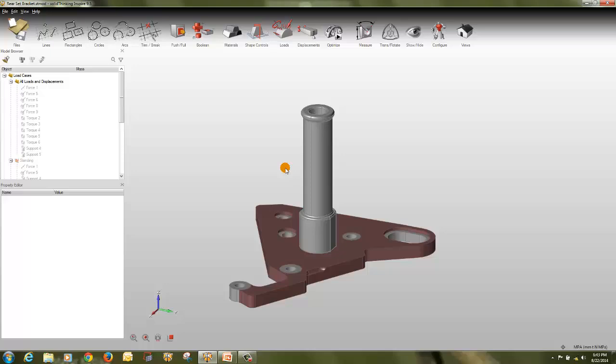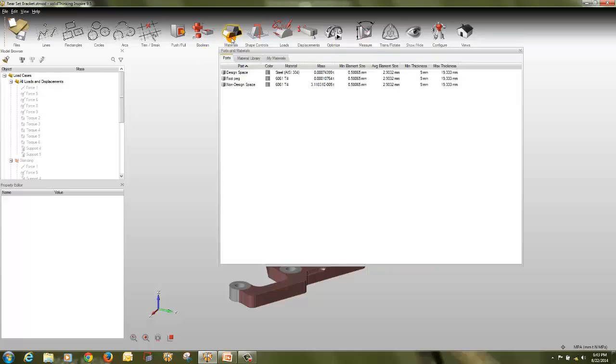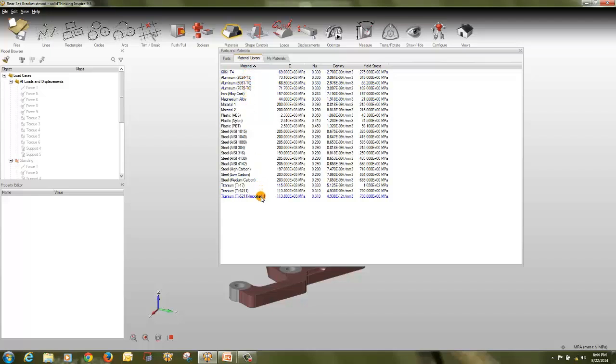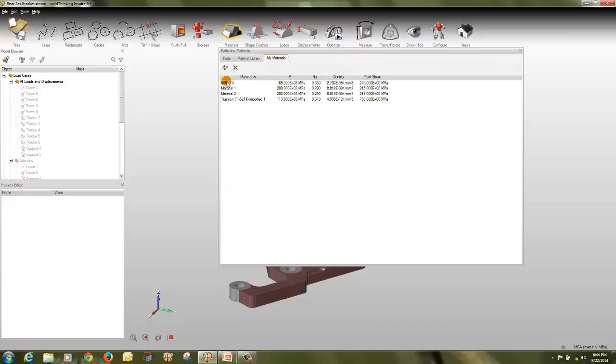So these are some options which come under the basics in Inspire. In the next video I am going to show you about the lines, rectangles, circles, arc, trim, break, push pull, boolean options, and materials also. We will check the materials, like this is the material tab. There is a predefined material library, but if you have any different material than that, you can create a material here. So first I will delete the earlier materials and create a new one,